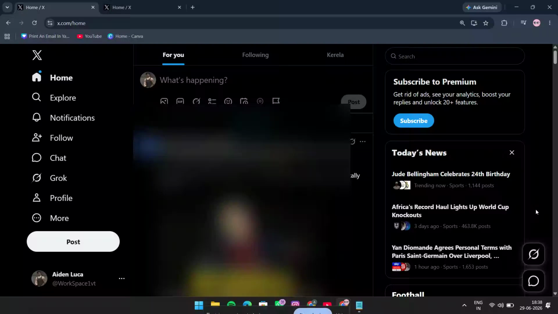If you want to remove a list on X, formerly Twitter, this quick tutorial will show you exactly how to do it in just a few clicks. Whether you accidentally followed a list or you simply want to clean up your account, this method is fast, simple,